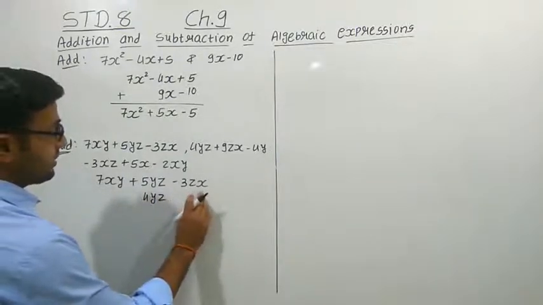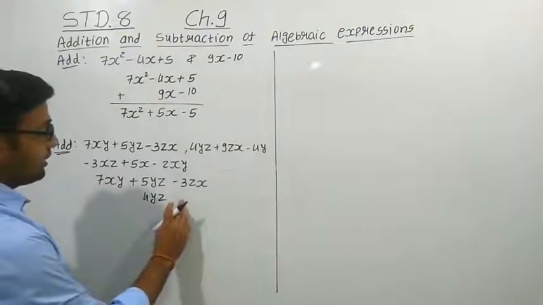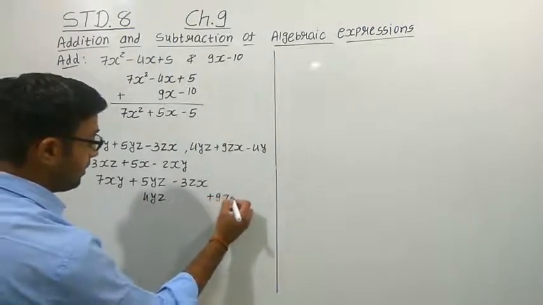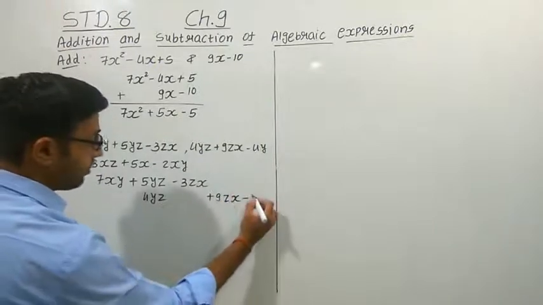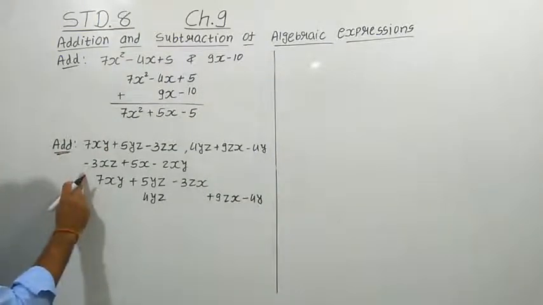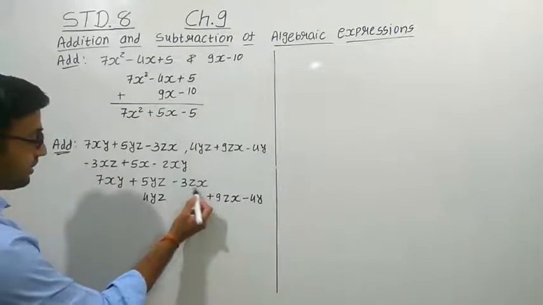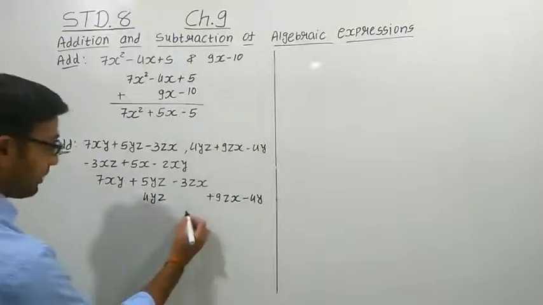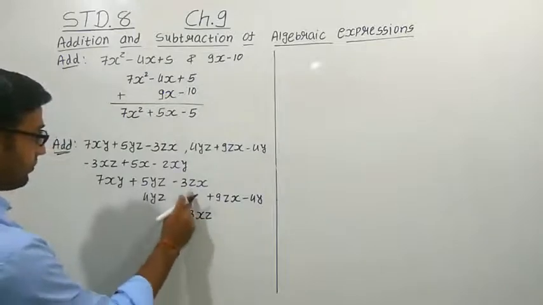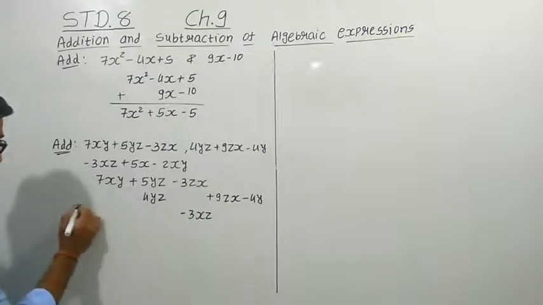In the same way, 3zx. zx is there, but zx is not here, right? So we cannot write any term here. So we have to write this 9zx here and this y term here. 4y is here. Okay, now the third, minus 3xz. So xz is there. So xz, see, zx and xz are the same. So we can write this minus 3xz here, right? Now 5x is there. Now no terms here are with x. So we can write 5x here.